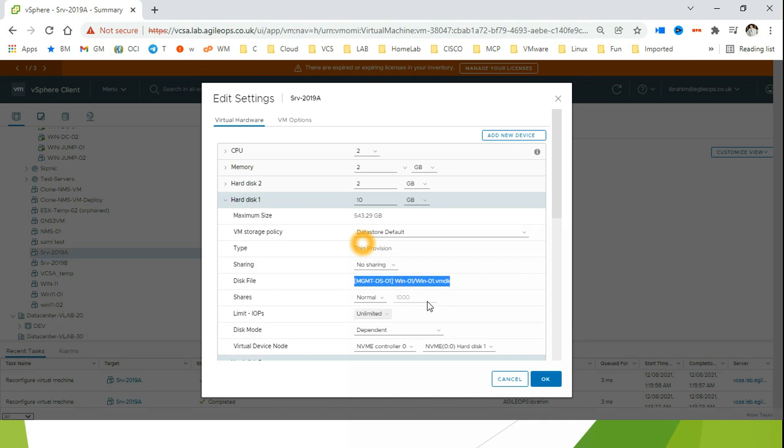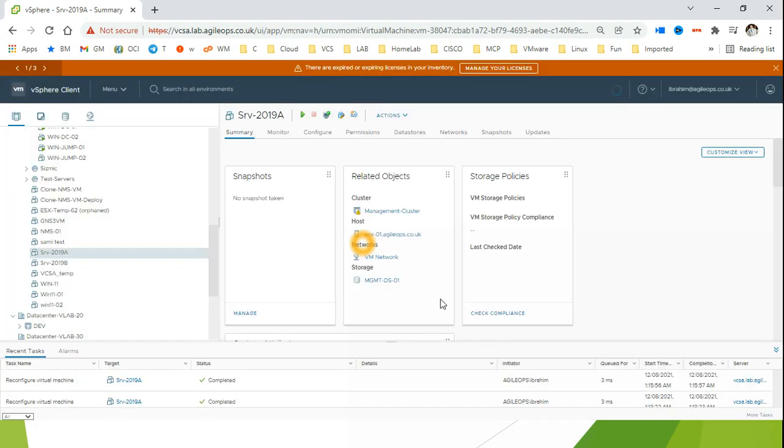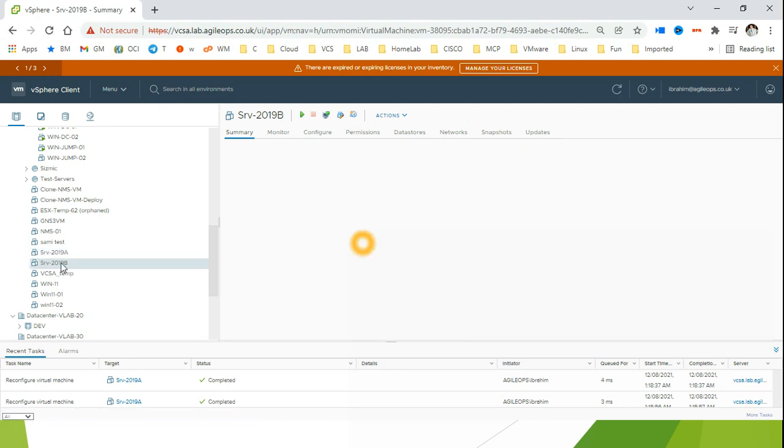So once you have these details and you have attached the RDM and made sure the virtual device node is now coming up as disk controller 1, on SCSI 10, which is the new hard drive which we attached, click on OK. Now you have to go to the passive node, which is the B node. Click on it